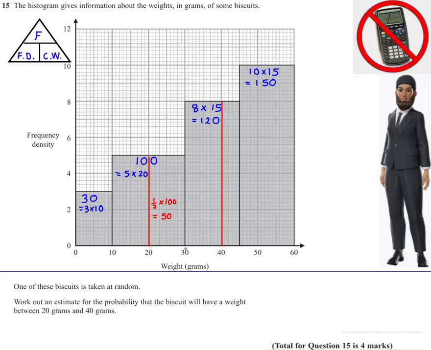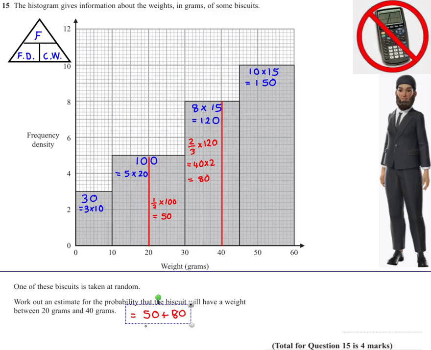And over here, between 30 and 45, you have got 2/3. That's what we're interested in. We're interested in 2/3 of this section of the frequency. So therefore 2/3 multiplied by 120, which equals 120 divided by 3, which is 40. 40 multiplied by 2 gives us a frequency of 80. And then we end up getting 50 plus 80, all over